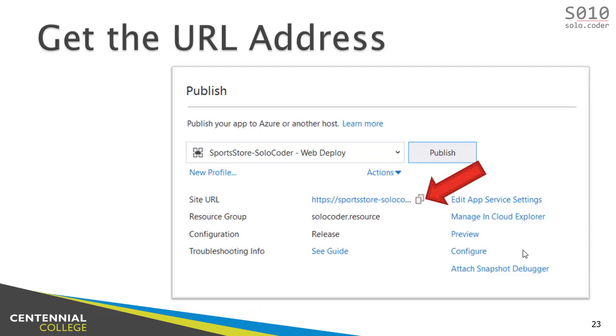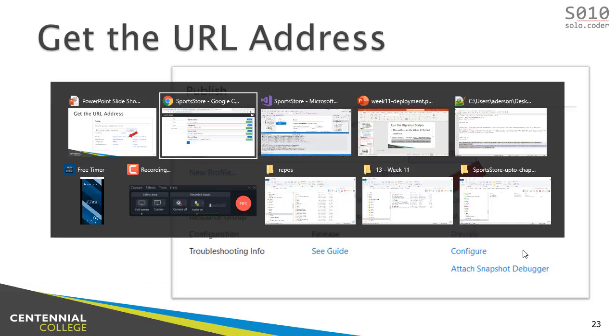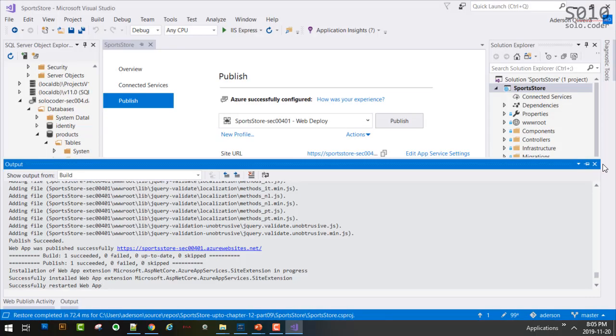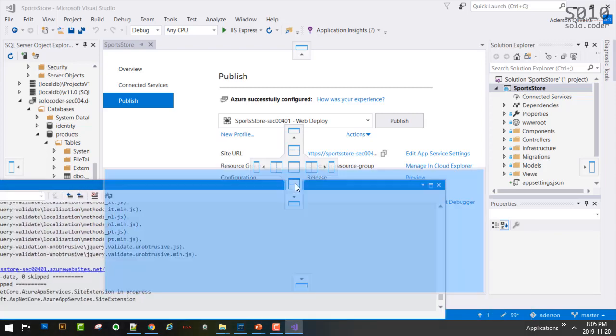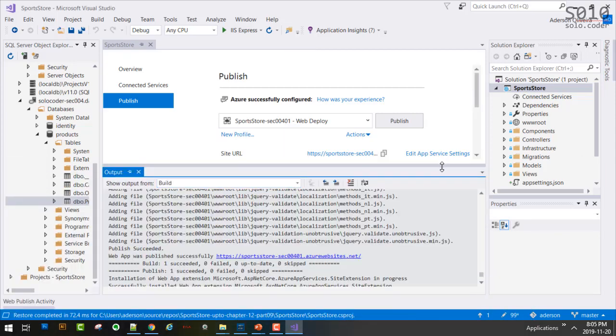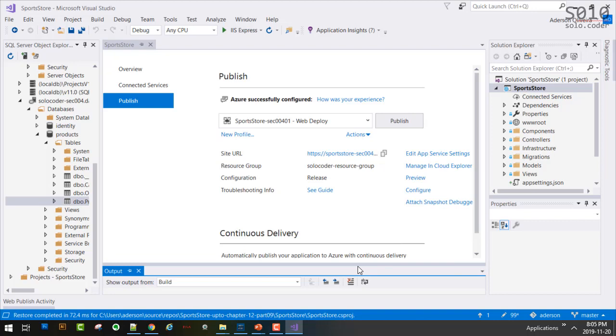We did this. Oh, the last screen. If you go back to Visual Studio, you're going to see a summary at the end, and you're going to see this site URL. This is your final URL.